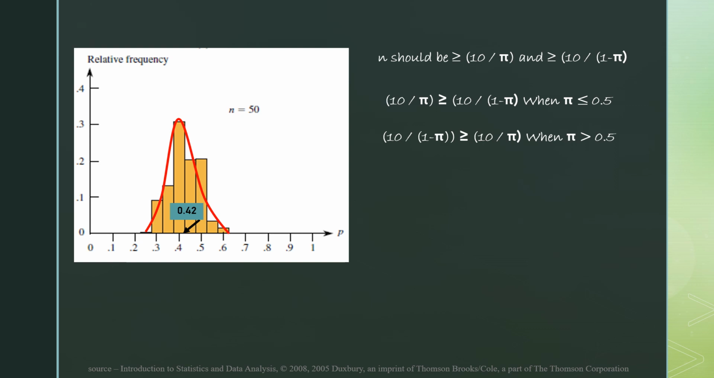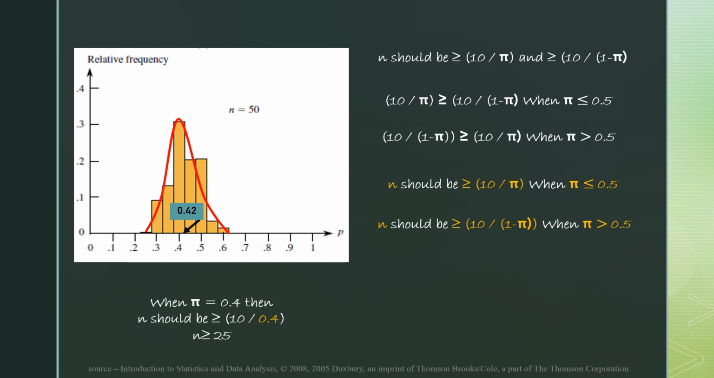Using this, the rule of thumb can be simplified as n should be greater than or equal to 10 divided by pi when pi value is less than or equal to 0.5, and n should be greater than 10 divided by 1 minus pi when pi value is greater than 0.5, in order for the probability distribution curve to be approximately normal. For example, when pi equals 0.4, then n should be greater than or equal to 10 divided by